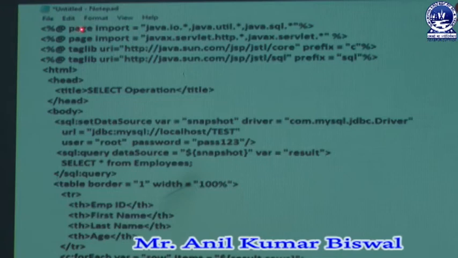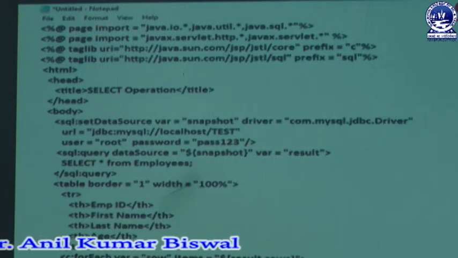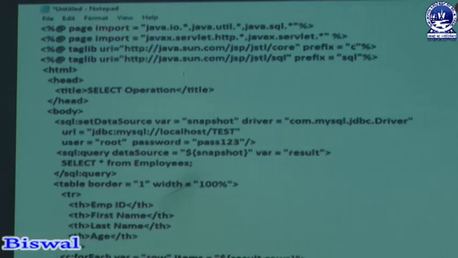We use the page directive, which contains an attribute named import, through which we can easily include packages. Next are java.util and java.sql, and these packages are implemented in our program, through which we can make a table section and retrieve data from our system.